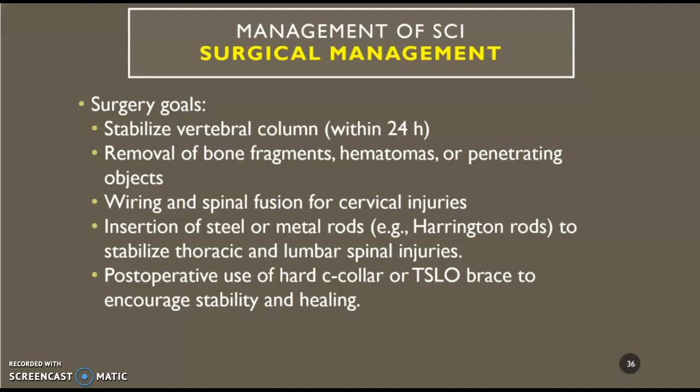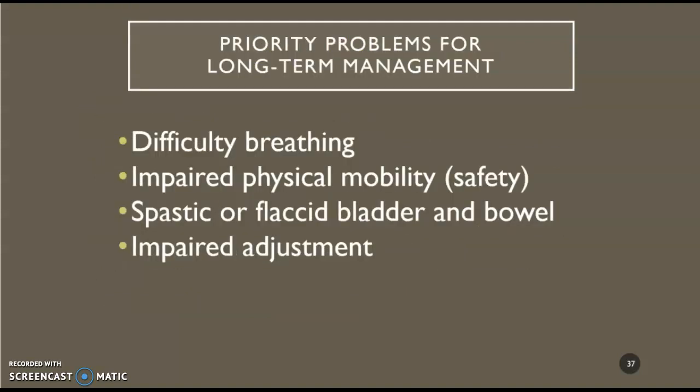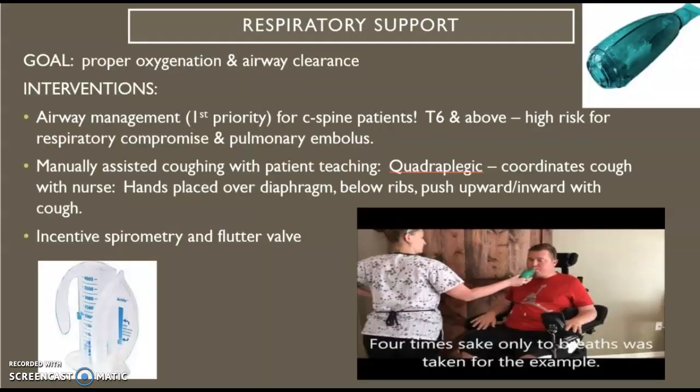Surgical management, again, just like we saw before, if they can stabilize the column, they will try to do that within 24 hours, get out bone fragments, any hematomas, any penetrating objects. They may do a spinal fusion, they may have rods, they may have wiring. They may have to have a hard C-collar or a TSLO brace to keep everything stable after surgery. And again, for any kinds of braces like that, you're going to watch the skin around those areas. Those are your key priority areas that we've already talked about. There's a video here that you can watch related to really how to respiratory support and